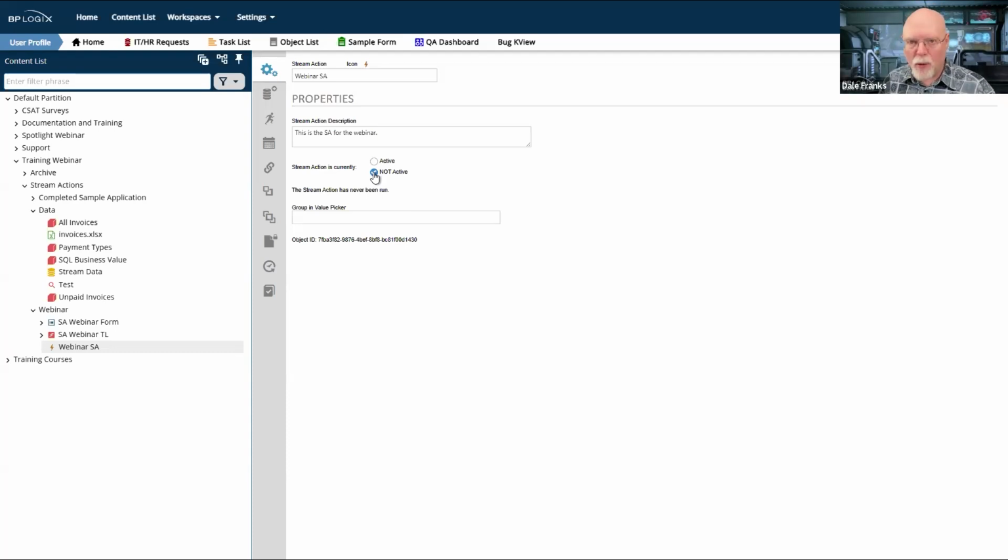So you could actually have a running stream action and then at some point go in, set it to not active, and the scheduling component will simply stop. Although if you ever wanted to make it active again, you could just come back here and click the active radio button and it would go back and be active again. So this only controls whether the scheduling runs. You do have a history, but of course we have no history right now about when the last time this stream action was run.